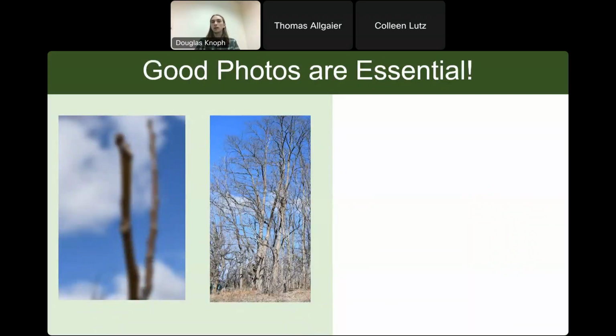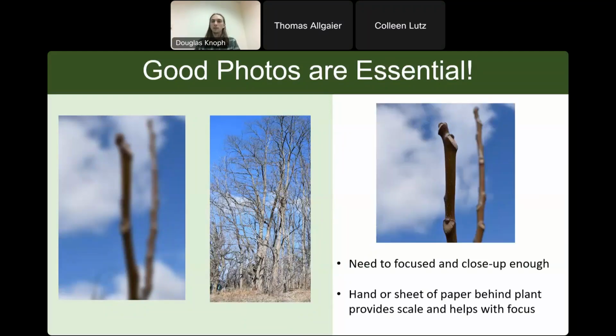It's very important to get good photos if you're going to be collecting any data out in the field. They need to be focused and close up enough that an expert can look at the photo and definitively say what species it is in the photo, as well as focusing on any identifying characteristics. So like Tom had mentioned, for a tree of heaven, those shield-shaped bud scars or the shape of the leaves are important to focus on so that the pictures can be confirmed.